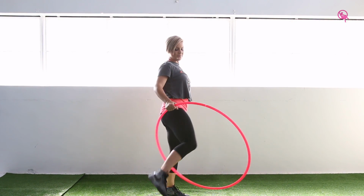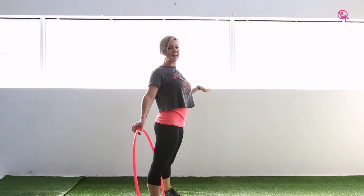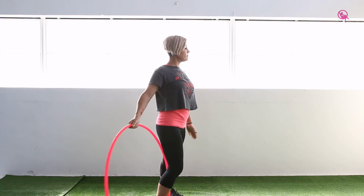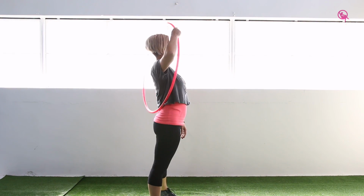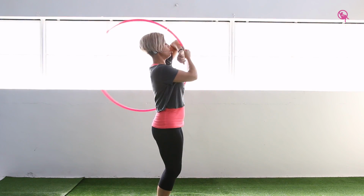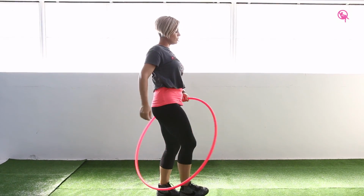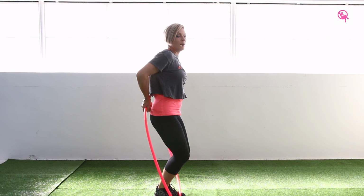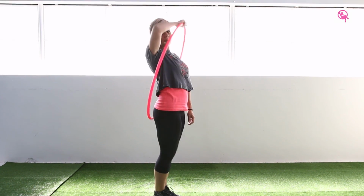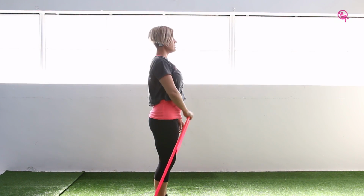So here we go. Right hand, and you can always try this with your left. This is definitely a two-sided hoop flow. You're going to take the hoop up, step in with your left, take it out to the side. Your thumb is up, wrap it over to your opposite elbow, hip, step down, take the hoop to the back, transition by grabbing the hoop, raise it up. So you're trying to keep it on this flat plane. You don't have to keep it in a horizontal. You're just going to let it